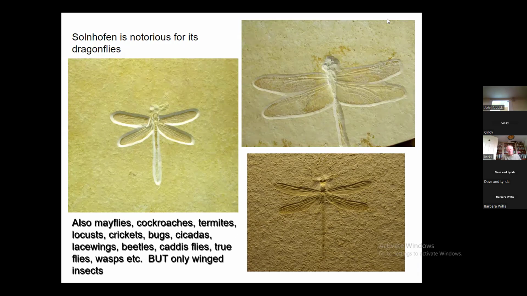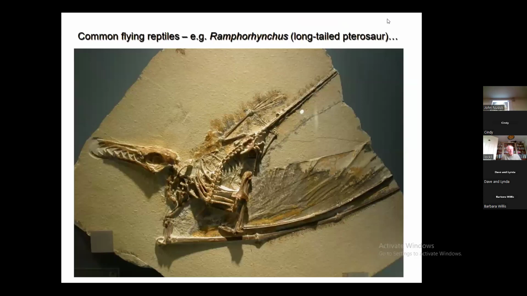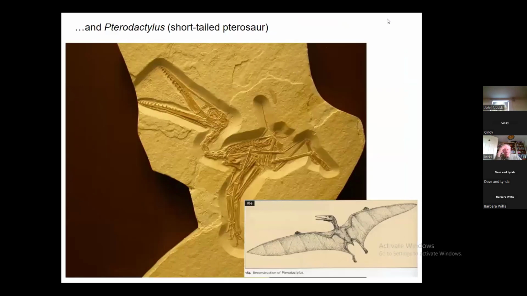There are many other insects, but note these are all winged forms. So these would have been flying from the land surface across the lagoon and then perhaps brought down in a storm. Other flying forms, the pterosaurs, again, these are quite common, pretty proficient flyers. They've been around since the Upper Triassic. Both the long-tailed types, Rhamphorhynchus, with these fish-eating jaws, and the short-tailed types, Pterodactylus, with probably eating insects. Again, these were proficient flyers swooping over the lagoon, looking for fish and insects, occasionally brought down in storms and